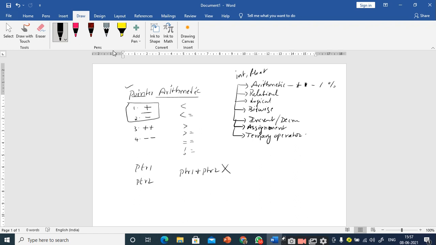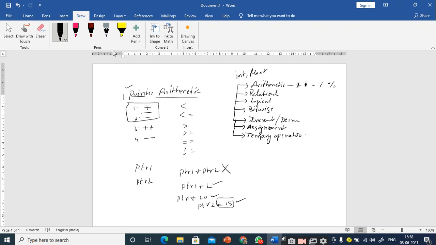The addition of an integer value to a pointer is valid. So ptr1 plus 2 is valid, ptr1 plus 20 is valid, ptr2 plus 15 is also valid. Is it clear?